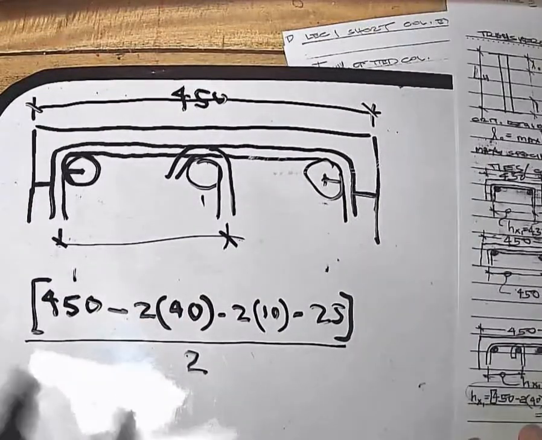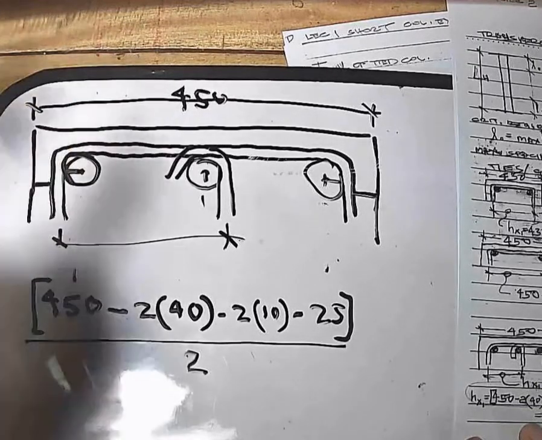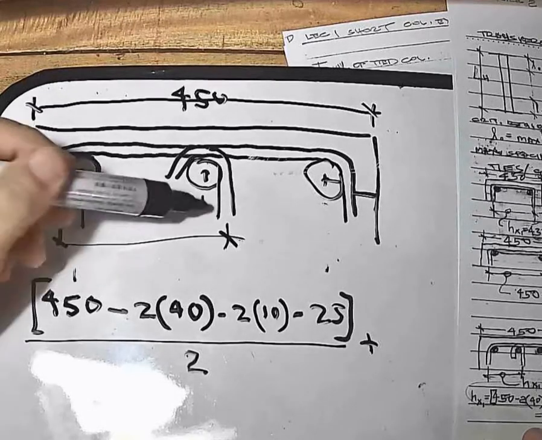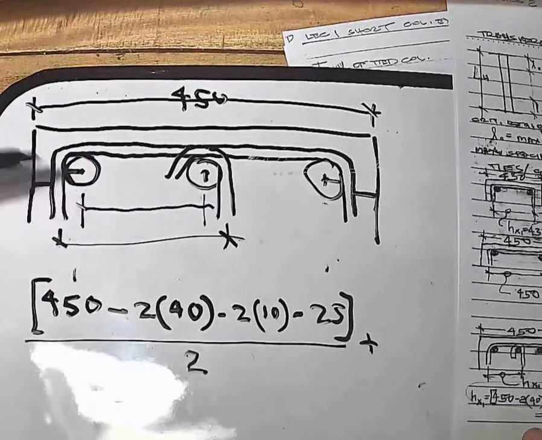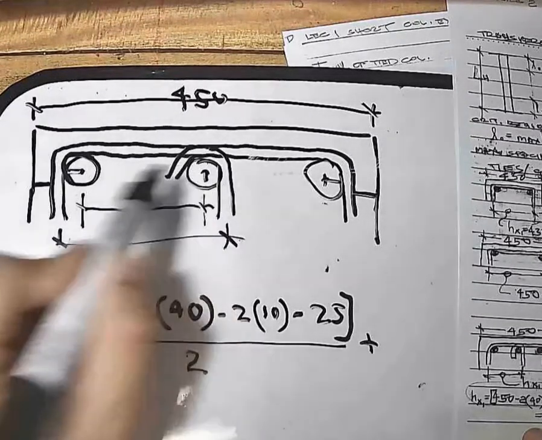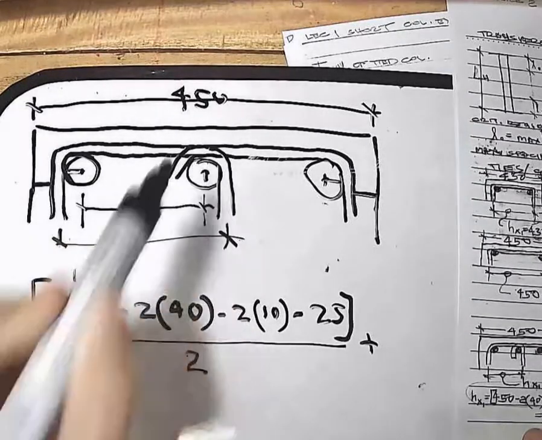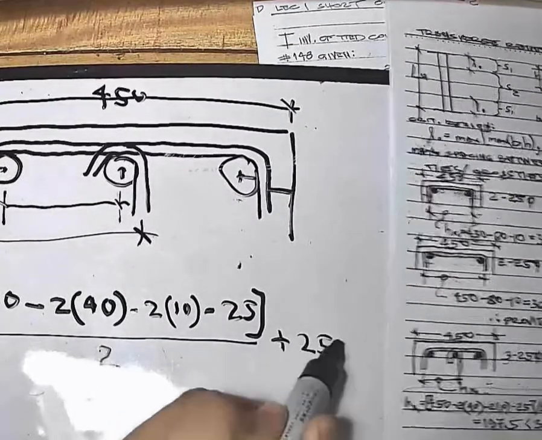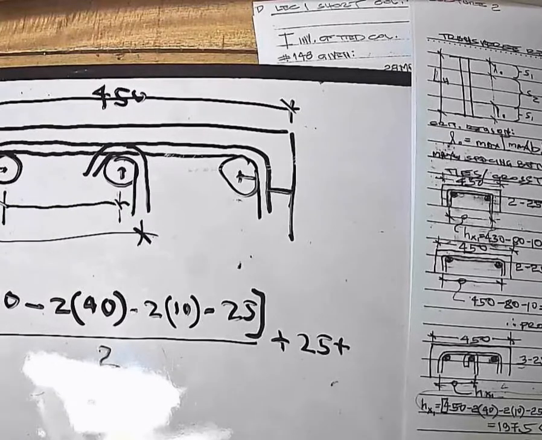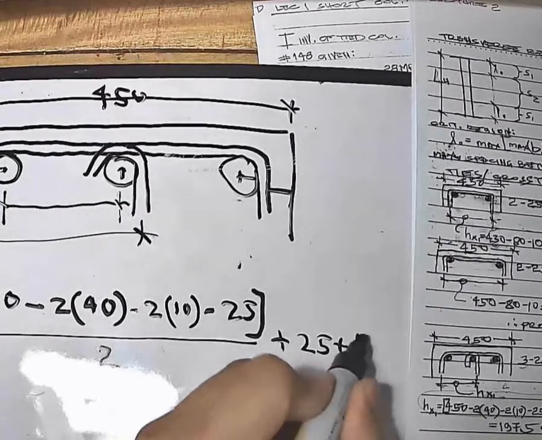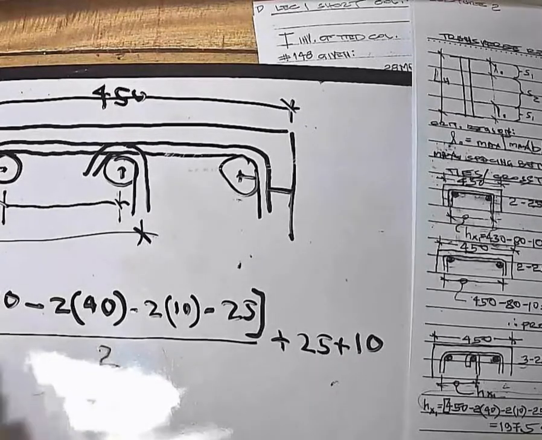So, madadagdagan ngayon ng... Ang na-compute natin kanina, remember na, ito yun ha. Yan. Tapos, madadagdagan ngayon ulit ng half ng diameter of bar, half of the diameter of bar here. So, this becomes plus 25 plus half ng diameter of stirrups. So, plus 10. So, ang HX1 natin ngayon,